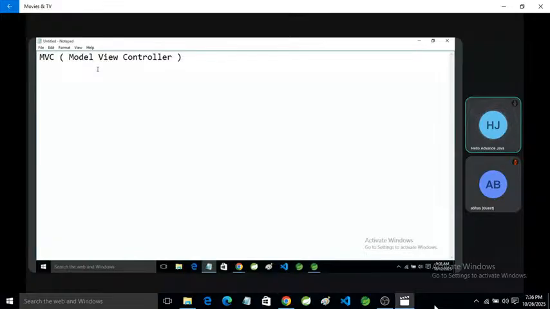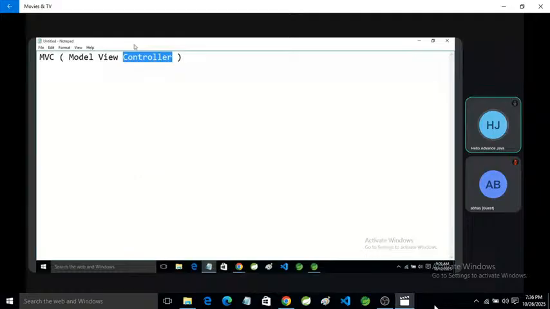View is what will show on your screen, and controller is just like a manager. It handles the management. It receives the request from the front end, and according to the request, it transfers control from one component to another component. It handles all the management of the project.